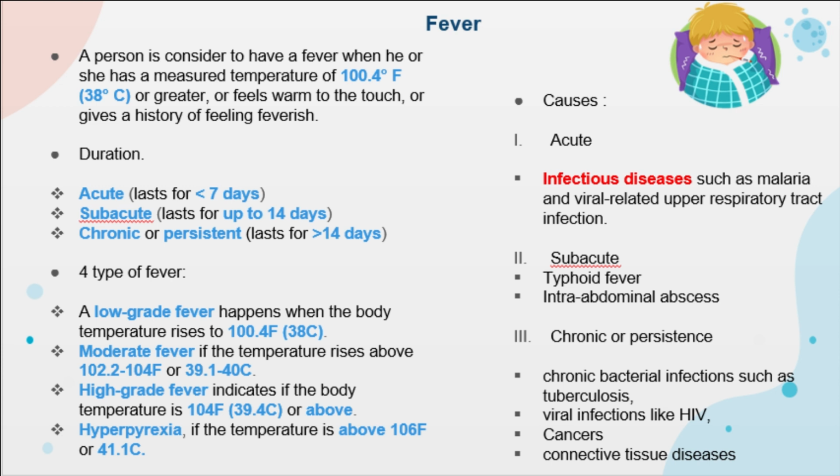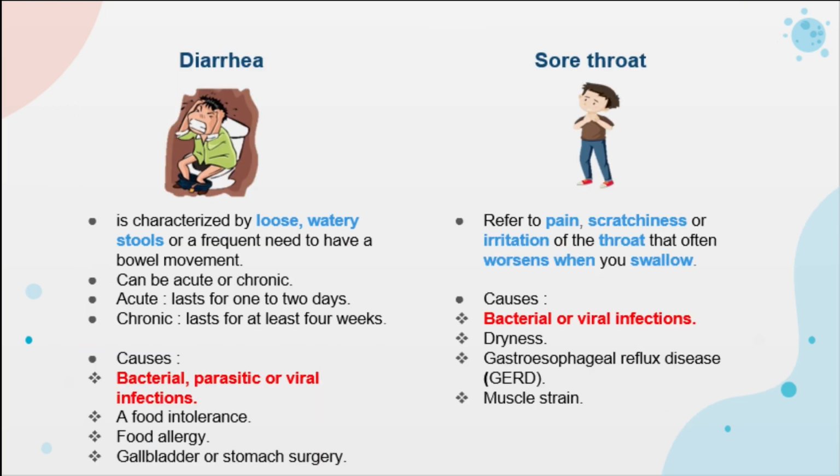The causes of fever differ based on the duration, where acute fever is usually caused by infectious disease such as malaria and viral-related upper respiratory tract infection. Subacute fever is commonly caused by typhoid fever and intra-abdominal abscess. Chronic bacterial infections such as tuberculosis, viral infections like HIV, cancer, and connective tissue disease are the common causes for chronic or persistent fever. Next, diarrhea is categorized by loose, watery stools or a frequent need to have a bowel